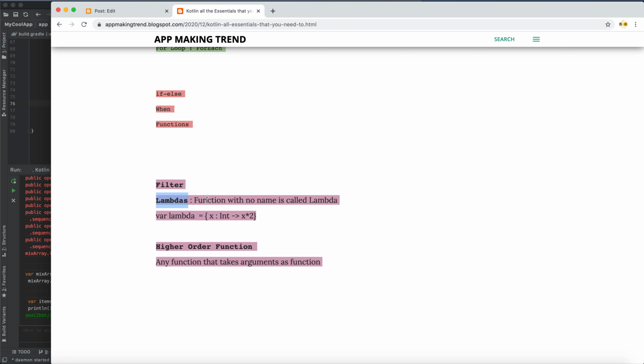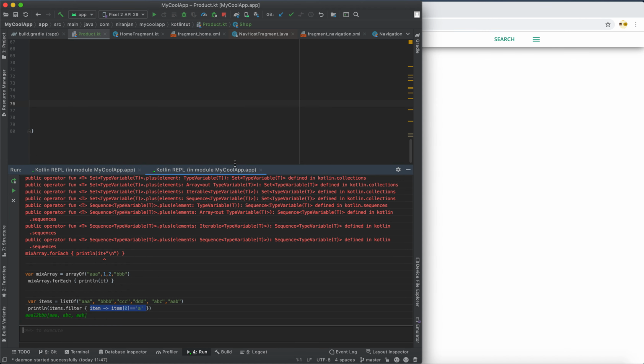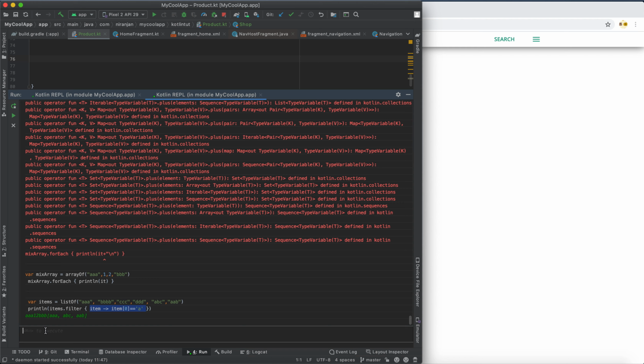Lambda is a function with no name. A function without any name is called a lambda. So let's check out how we can use lambda here. var lambda. Actually, lambda is anything without a name, a function without a name. But the concept is that the lambda has input arguments with types, then you have this arrow,